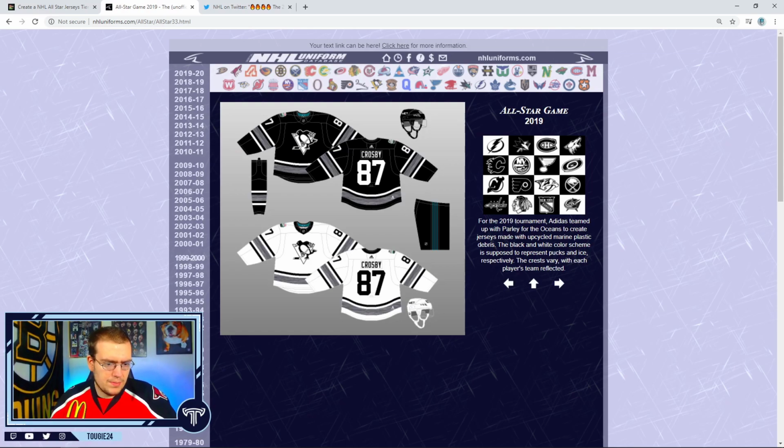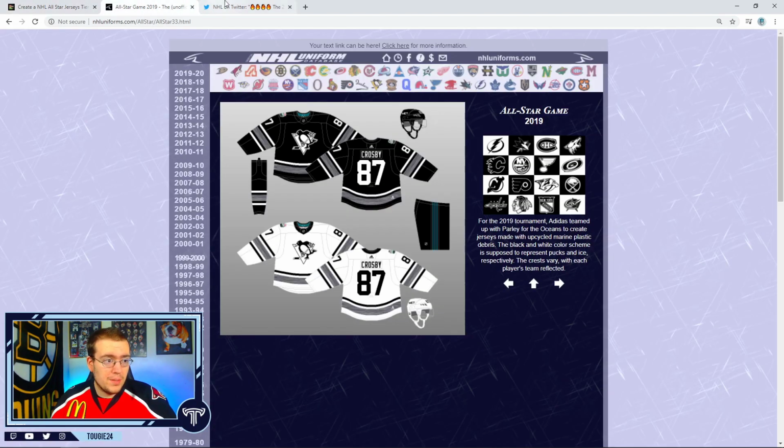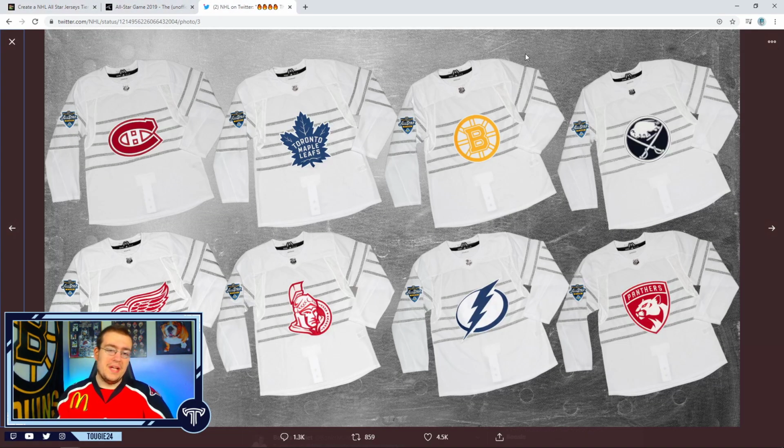ecologically friendly or used plastic debris. They're nice. Like, they're okay. I didn't buy one. They're fine, I guess. I'm putting them in the bad. And then we get to this year's,